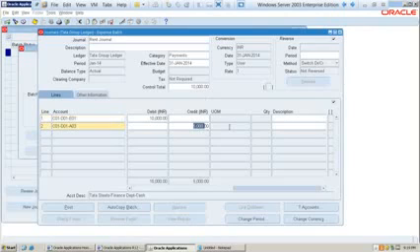Now I will put 10 here. Again, I can put 10 here. Now I go and save. Now do you get a violation or not? No, it should not come.